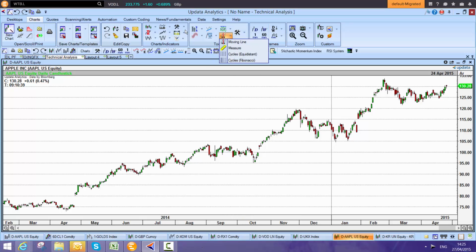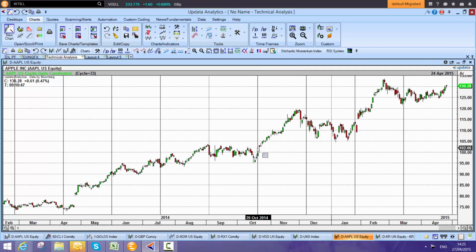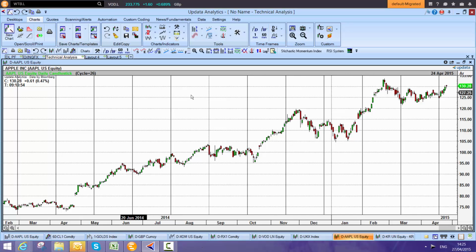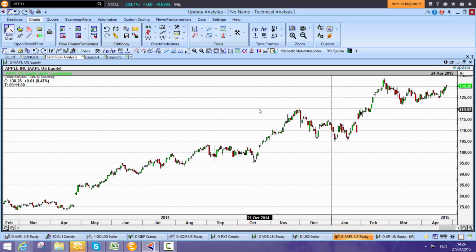All sorts of tools, so drawing tools, cycles, so you can see whether there's a cycle within the Apple share price. Here we've locked it at 32, but you can easily just go and pick that cycle up and match up lows again. So just lots of simple tools like that are available to you within Updater. So really quite key there. There's a whole series of drawing tools as well, where you can put annotations and all sorts of things on